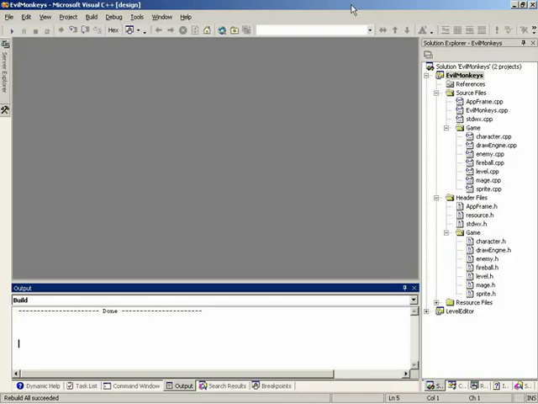So what we need to do first is make our character, our mage, aware of mana, make him kind of dependent on mana, so that if he's going to cast a fireball, he needs to have mana to do it. And when he runs out of mana, he's going to need to get some mana before he can fire another fireball. And on top of that, we're going to need to modify the user